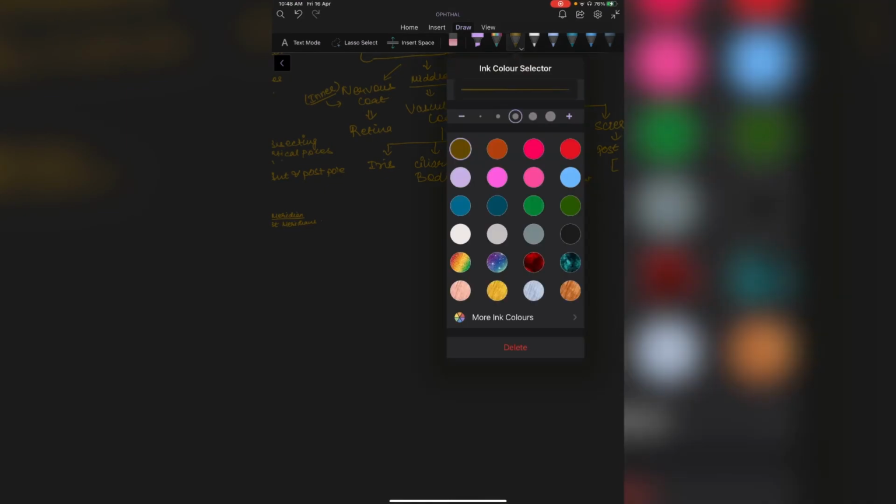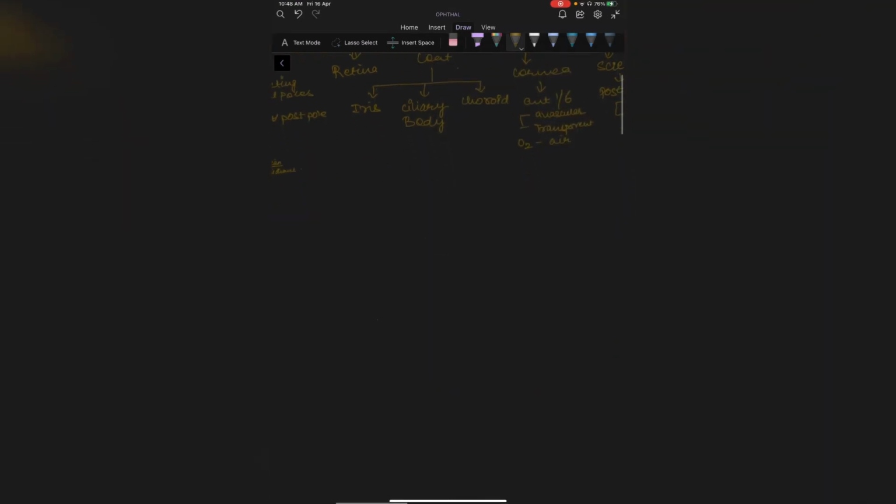Now summarizing this, I will draw a circle. Anteriorly, this is the cornea. This goes out to be the sclera. Then posteriorly, here are the ciliary bodies, this is your iris. These are zonules, we will discuss what zonules are. Then here is another ciliary body, and this one is again the iris. Not a perfect diagram, but easy to understand. I will label it as well. This one is your choroid, and the retina comes somewhere here.